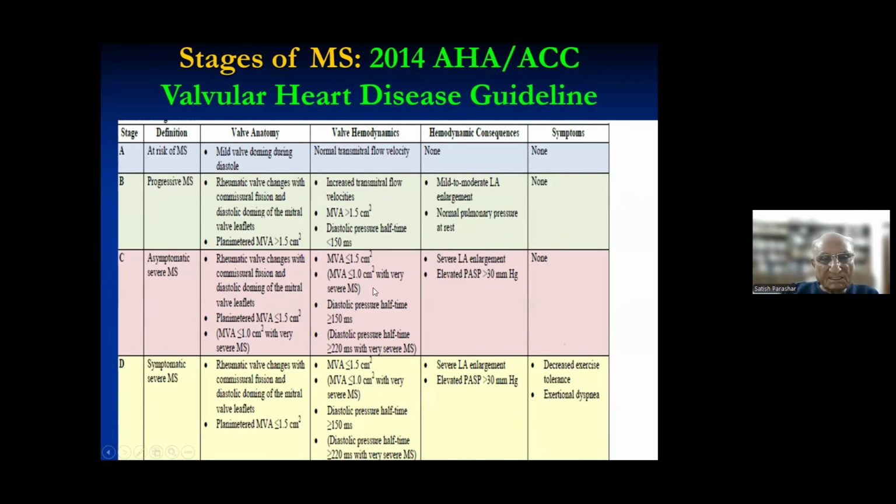Now here you see, they have given importance mainly to the area, in some cases pulmonary artery pressure and LA size, but nowhere have they written the gradients. So that means the calculation of the mitral valve area is most important. Again you see they have written stages A, B, C, D as the disease progresses, and again the planimetry is given. So these are the guidelines you can always read in the ACC/AHA criteria.